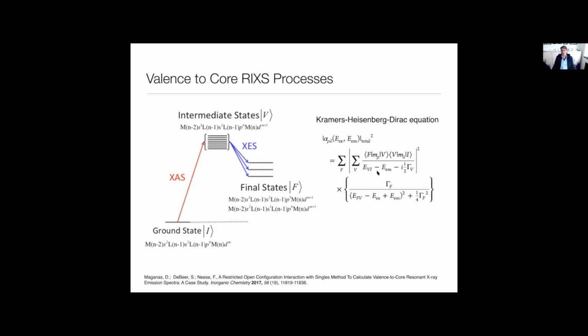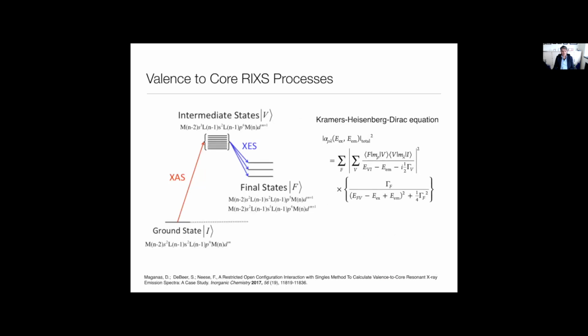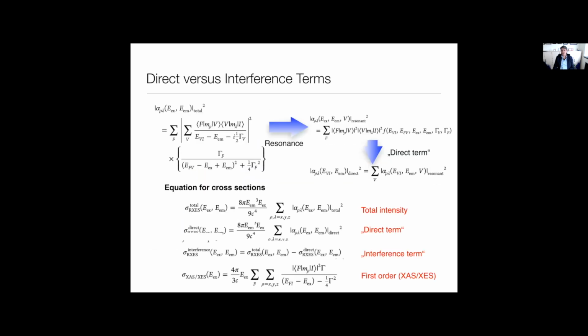Basically, just as in the case of XMCD, one can take this very fundamental equation and just plug the many-particle wave functions in and come to a numerical truth. But we wanted a little more than that. So in that paper that I hopefully have cited here, we worked out quite a number of relationships. If you take the Kramers-Heisenberg formula and focus on one intermediate state that is actually in resonance with the photon energy, then of course that one intermediate state will dominate the intensity mechanisms.